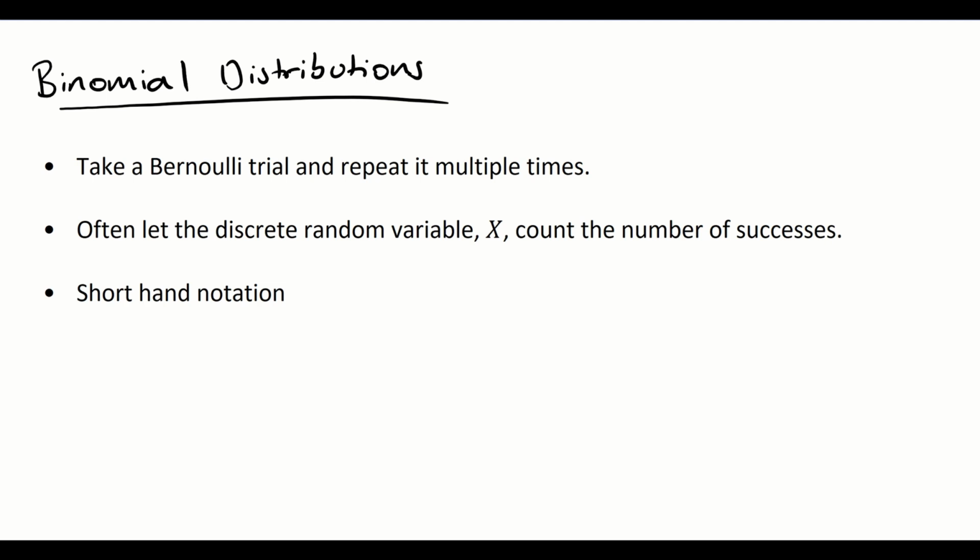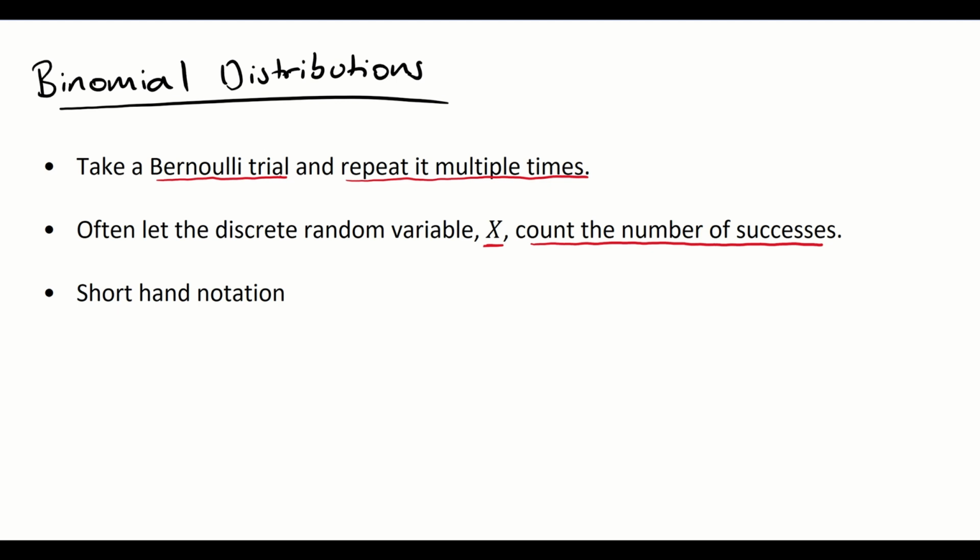So a binomial distribution is where we take a Bernoulli trial and we repeat it multiple times. Remember our Bernoulli trial might be flipping a coin or rolling a die. Well, instead of doing it just once, we're going to do it more than once. And what we do is we let the discrete random variable, x, count the number of successes. So the same way we did in a Bernoulli trial, but here we're not limited to only 0 or 1 success. If we did, say, 4 flips of a coin, then we could get anywhere between no successes and 4